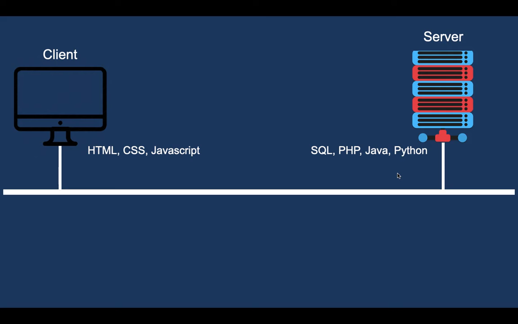Anyway, what I was saying is that the back end of the website is normally written in these languages and the front end is normally written in these languages. The front end will execute on the client and the back end will execute on the server. The front end is sometimes also called client side program and the back end is sometimes also called server side program. The names themselves are explanatory. Now, if you still don't understand the meaning of back end or front end, then let's take an example.